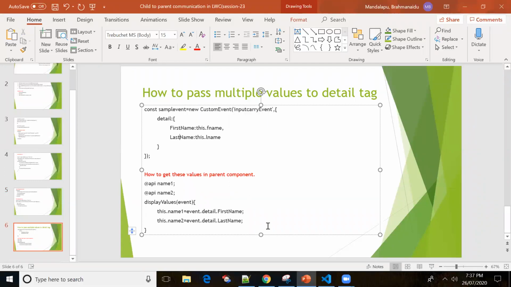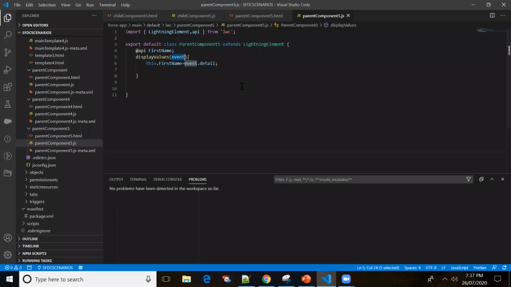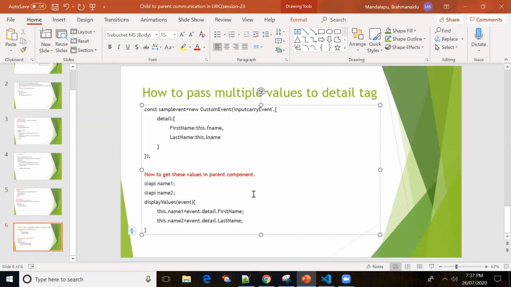How to get those values in the parent component, right? So event dot detail. If it is a single property, then you don't have to put anything. In this example, since this is a single parameter, we don't have to put anything, right? Since we are going to pass multiple parameters, the system has to understand which parameter it actually is, right? So we have to put the parameter name as well.